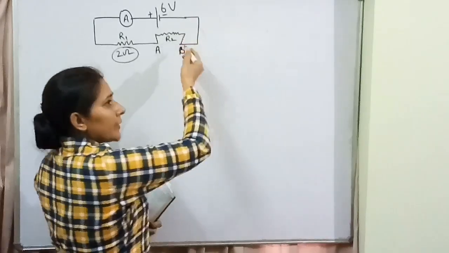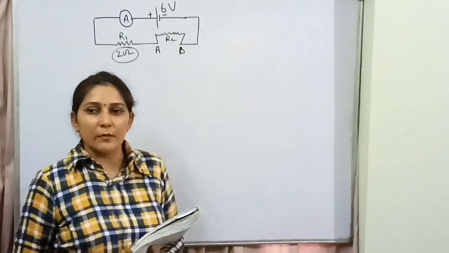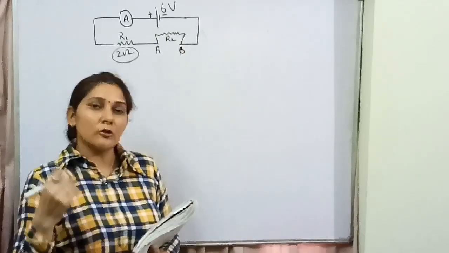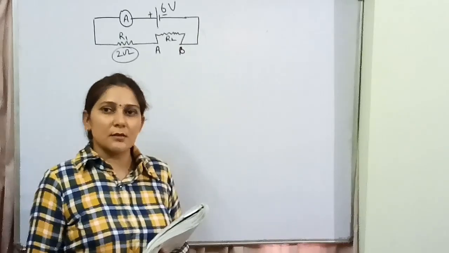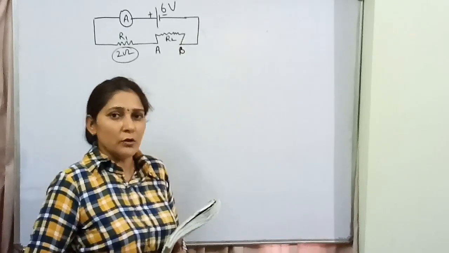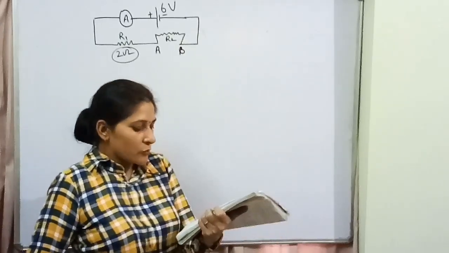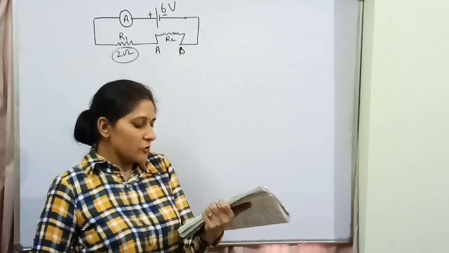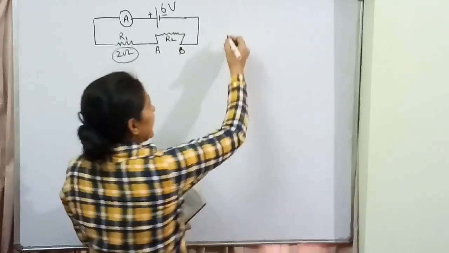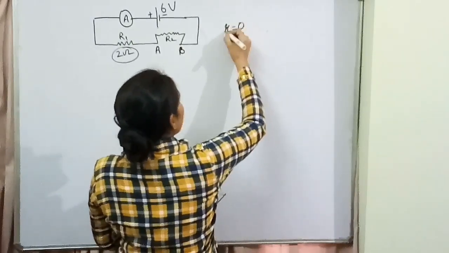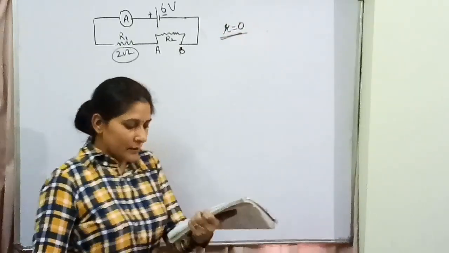अगर इस वायर को हम छोटा बड़ा करेंगे तो resistance का value change भी हो जाएगा because you studied that if the length of the wire increases, resistance increases. If length decreases, resistance also decreases. Fine. So what else we need to note is that the resistance of the battery and the ammeter may be neglected. That means internal resistance is 0. Again they are saying this may be neglected.